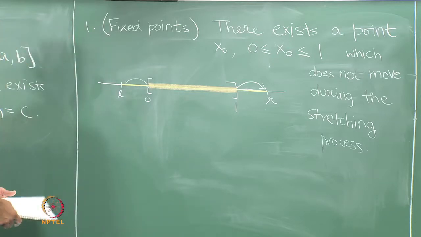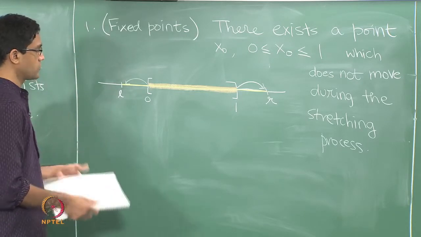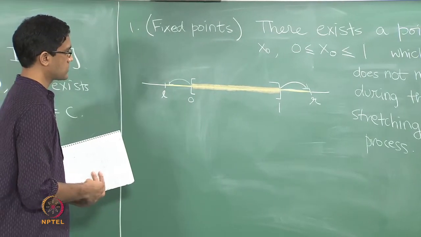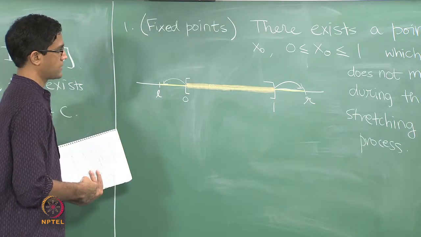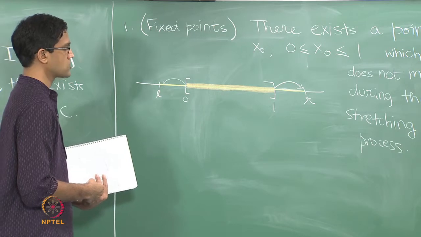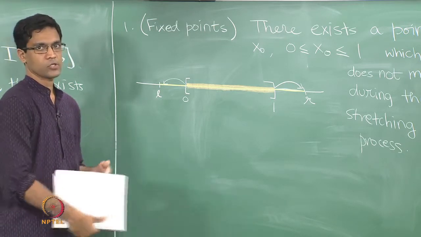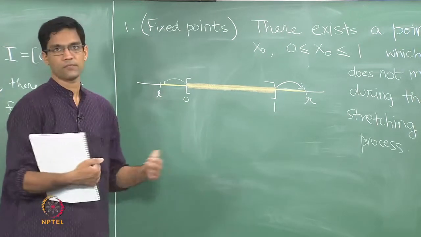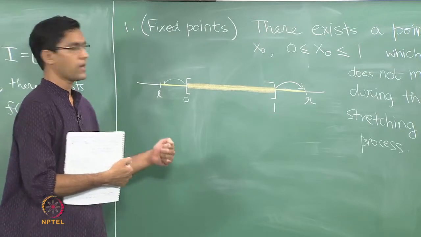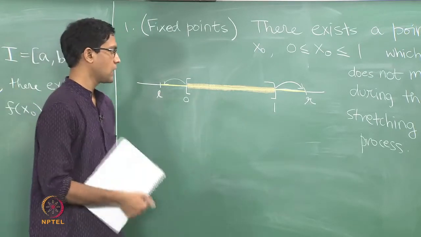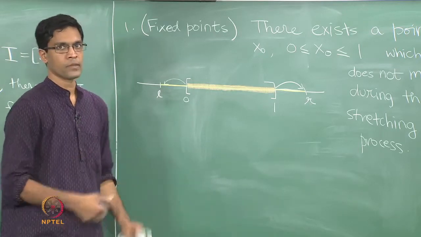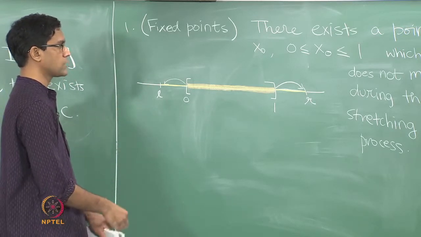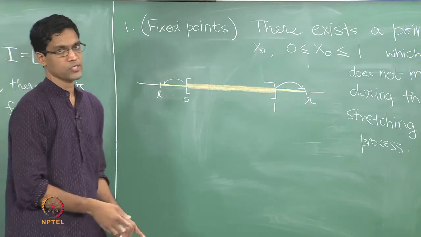Okay. So let's try and prove this using the intermediate value theorem. Depending on how you think of it, it might sound somewhat counterintuitive. And the key thing here is no matter how this stretching is done. Okay. So I do not assume anything about L and R. You can imagine stretching this to any length, for instance. L could be arbitrarily small, R could be arbitrarily large, and no matter how the stretch is performed, how long the final rubber band is, and so on, this statement is independent of all that. No matter what you do, there exists a point which will never move during the stretching process.